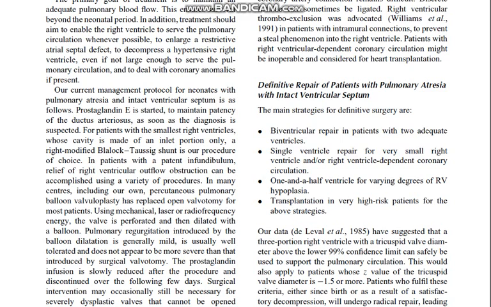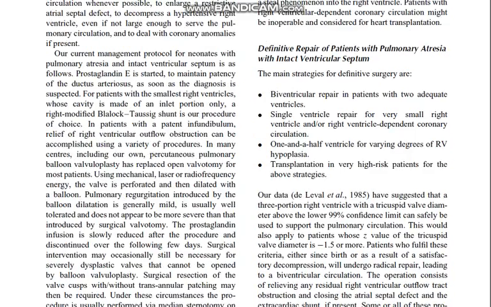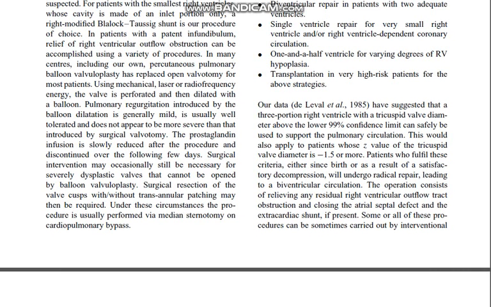Transplantation is for very high risk patients for the above strategies. Our data, since 1985, have suggested that a 3-portion right ventricle with a tricuspid valve diameter